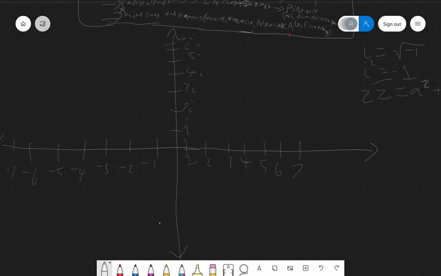So we'd have to make it 1i, 4i, 9i if we want it to be the same scale. On this side we're gonna have -i, -2i, -3i, -4i, -5i, -6i,